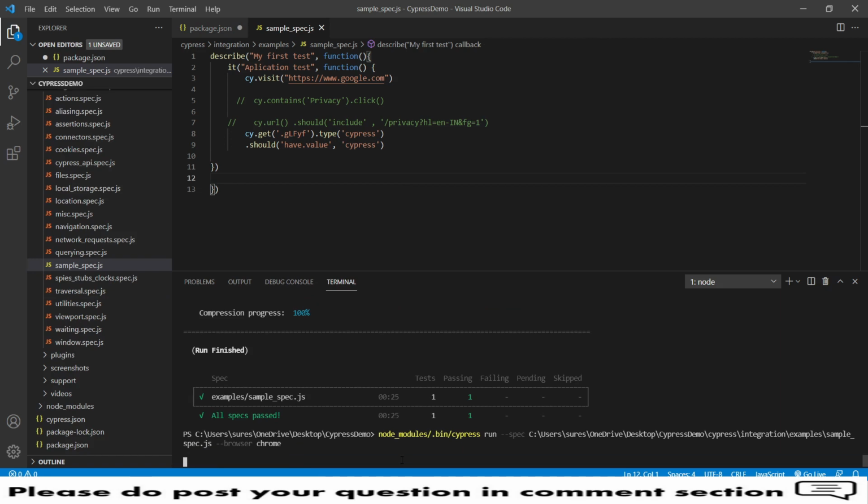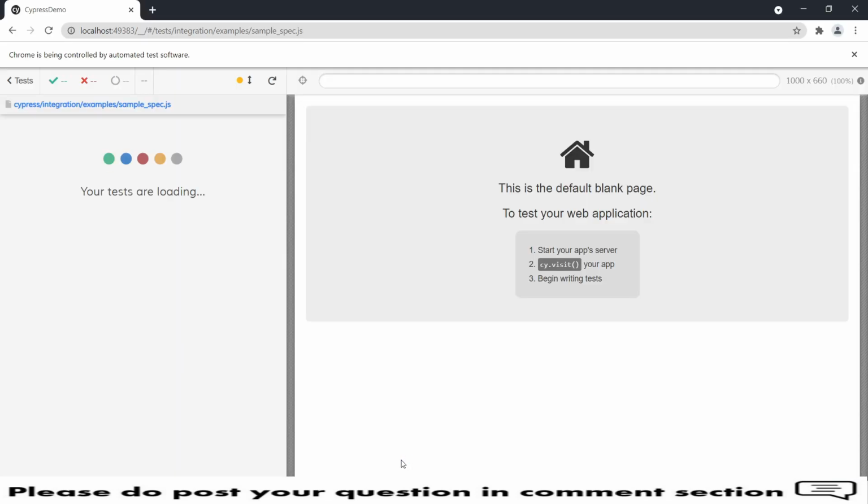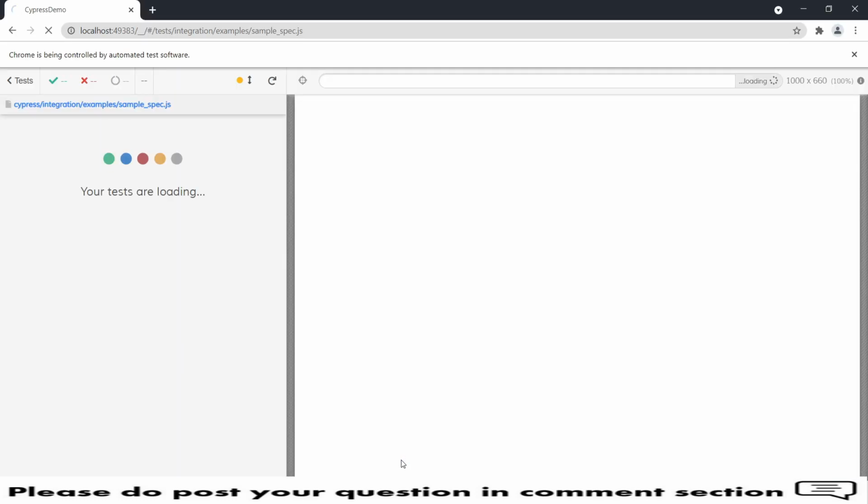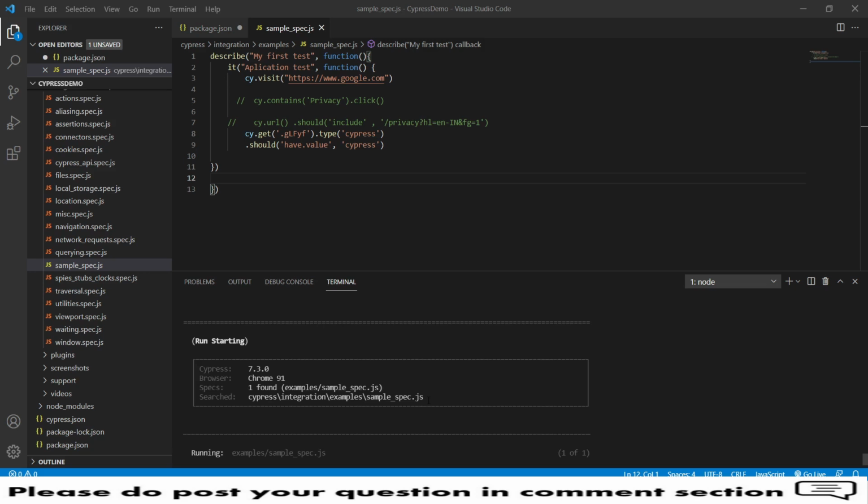I will fast forward and share the final results in my terminal console. The same set of test cases will be executed in the browser, and afterwards you will see all results here. I think there is an issue with my recorder, so it is not getting recorded. So I will manually terminate this and show you the previously executed results.